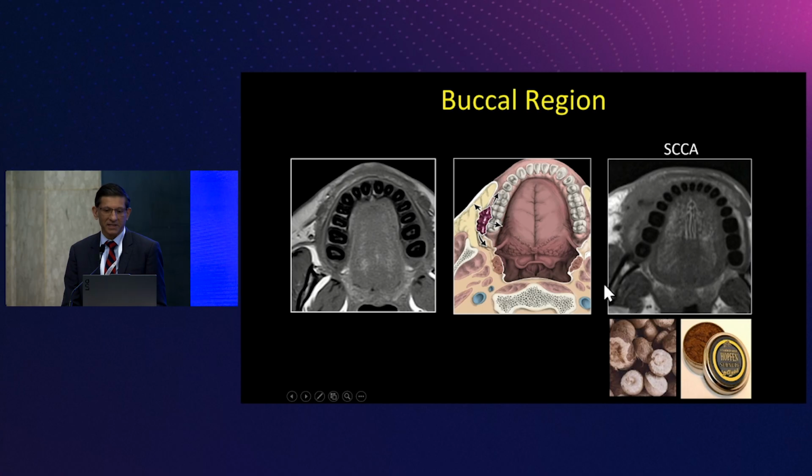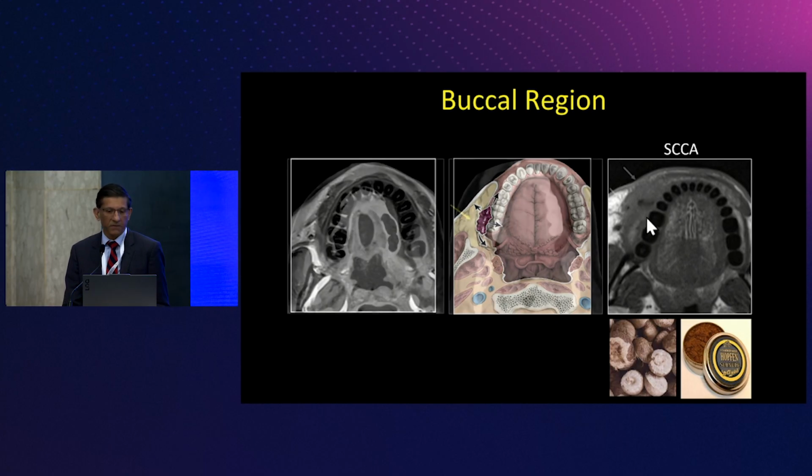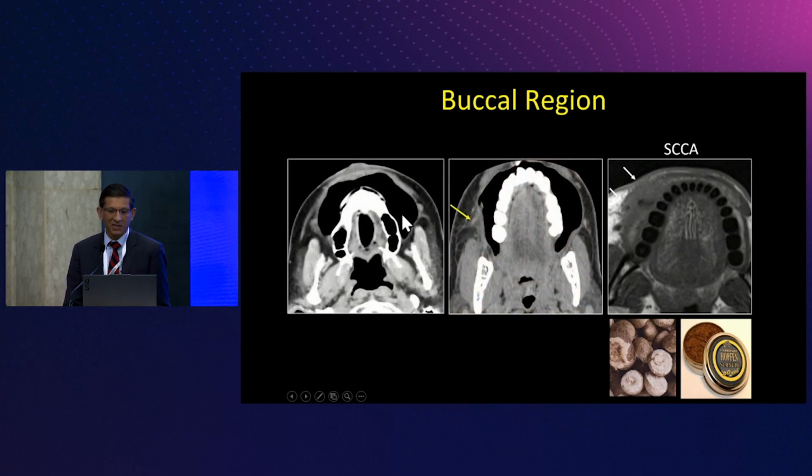So the challenge is, as Dr. Weil said, you have a mucosal lining involving the gingiva, and then you have a mucosal lining involving the buccal area, which is the lip. Now, surgically, if it comes into my clinic, I know where the cancer is. But radiologically, all we end up seeing is this mass right here. So how do we distinguish whether it's involved in the lip or the gingiva? Well, as he mentioned, you do the puff cheeks technique. So in this case, what we see here is this tumor that's involved with the anterior portion of the lip. So this is actually involving the buccal region.